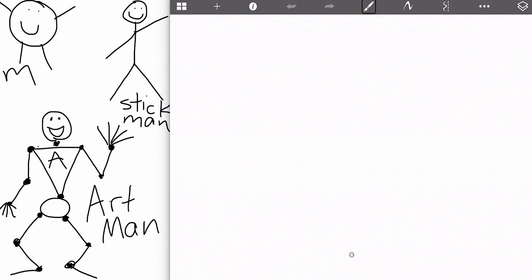Hi, today in art class we are going to draw Artman playing some sports that we know. We have been learning how to create people that have joints that bend, like at the shoulder and the elbow and the wrist, and at the hip, the knee, and the ankle, and we're working on proportion. Proportion in art is when we make the legs the same length and we make them the right length for